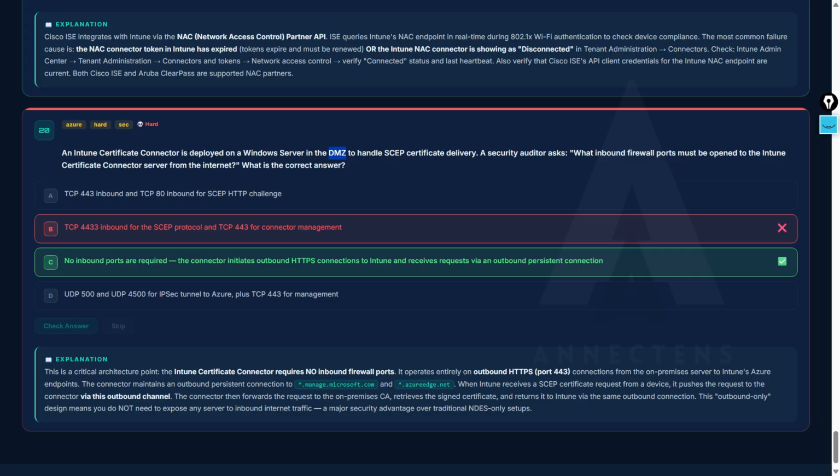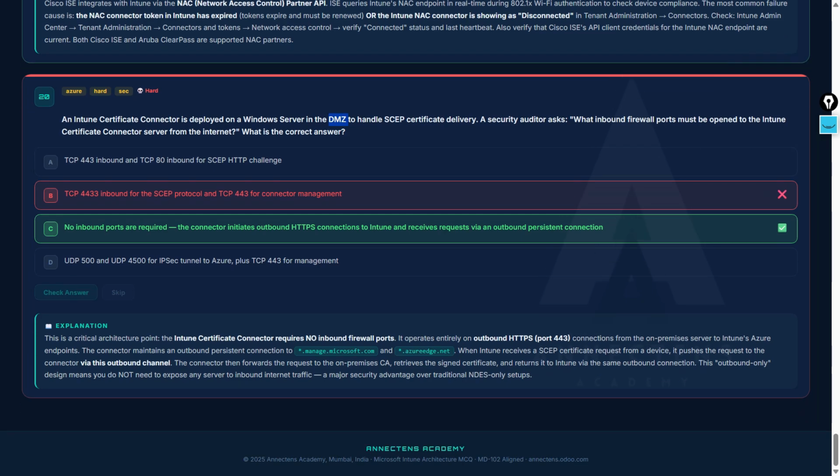That's why what we are doing here is setting up a connector which is going to initiate outbound HTTPS connections. HTTPS is a very secure connection, right? And that is where it passes the information and requests an outbound persistent connection. So whenever you hear the term DMZ or secure zone, safe zone, or tight security, always be very sure that there will not be any inbound port involved. Okay, so that was the final